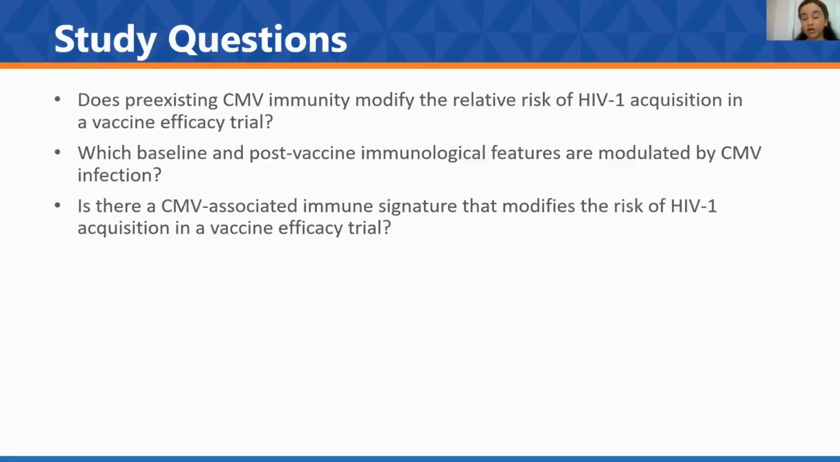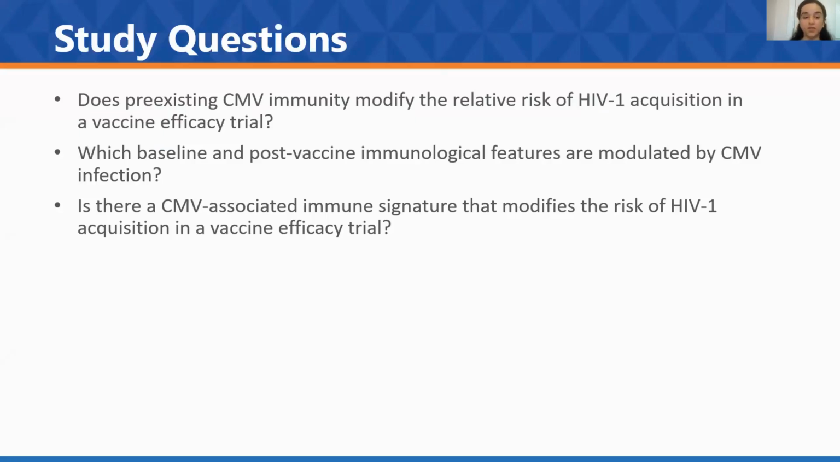So then we landed on the study questions and we formulated these study questions. The first one was an exploratory analysis: does the pre-existing CMV immunity modify the relative risk of HIV-1 acquisition in a vaccine efficacy trial? This does not contain any of the immune features that are present in our data set. Then, which baseline and post-vaccine immunological features are modulated by CMV infection? And lastly, is there a CMV-associated immune signature that modifies the risk of HIV-1 acquisition in the vaccine efficacy trial